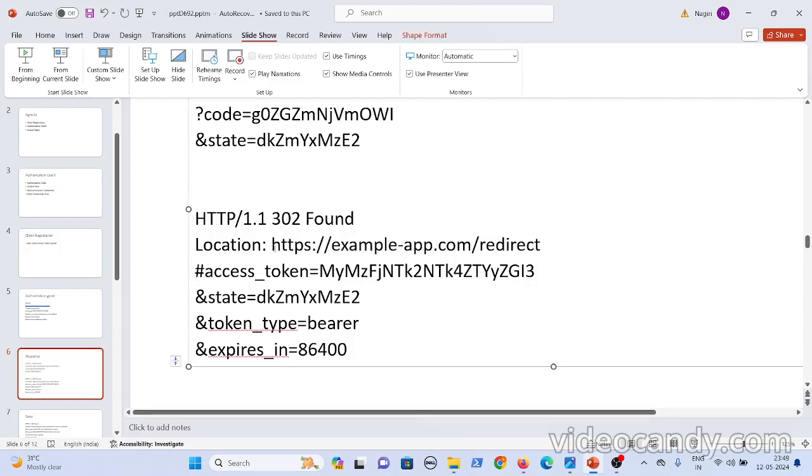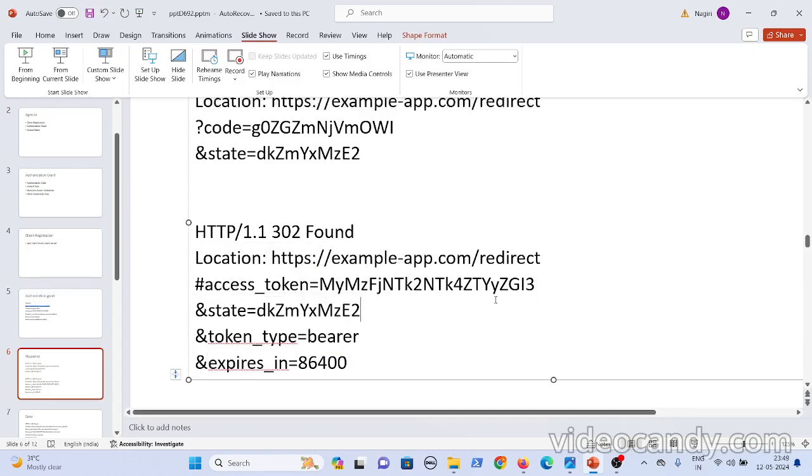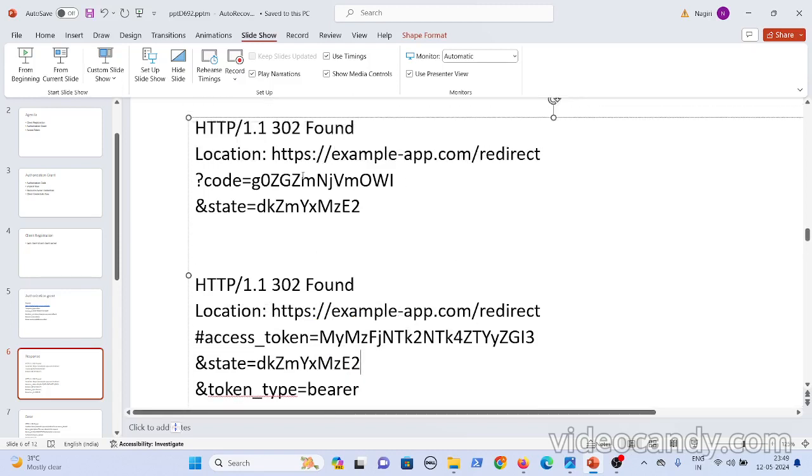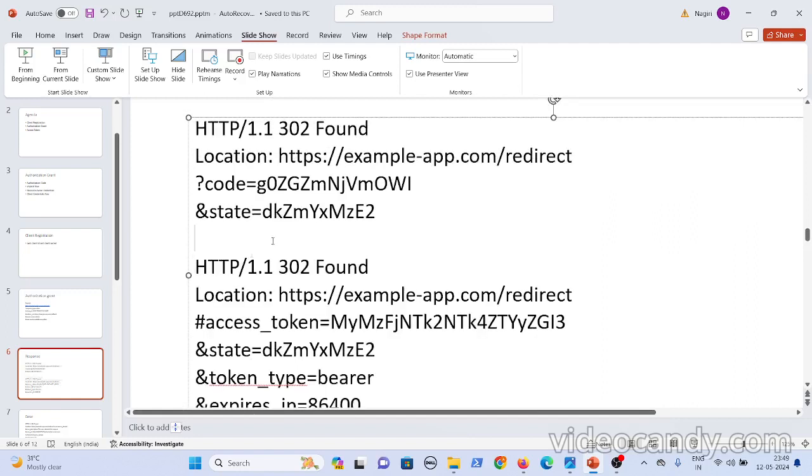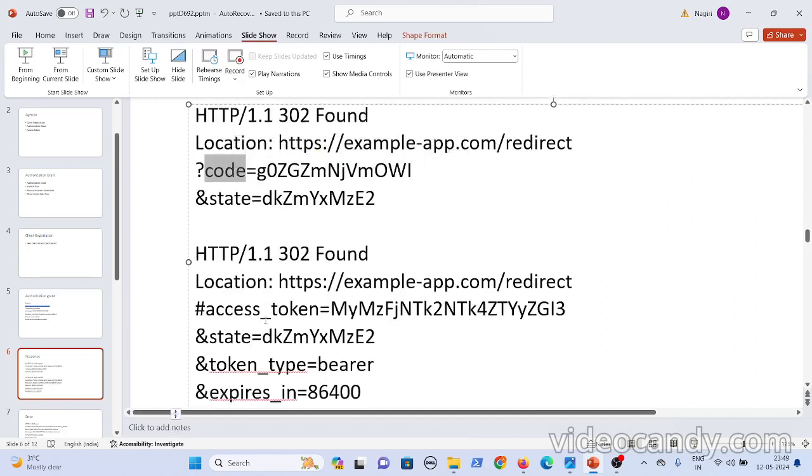Okay, in the URL you will get this access token, the type of token, and in how much time it will expire. But in the authorization code flow, you were getting just the code. Here instead of the code you get the access token, the token type, and in how many milliseconds it will expire.